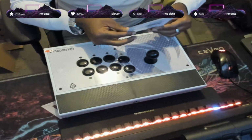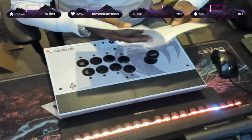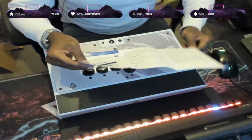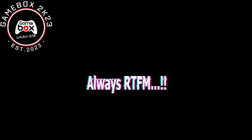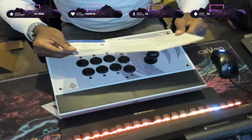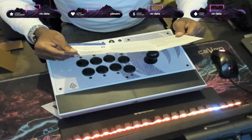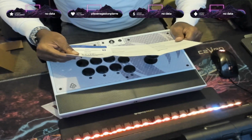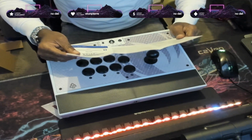So here we have our start guide, quick start guide. It's always good to have a quick start guide, right? Because this will tell you exactly what you need to know. And it's safe to say that this is a USB-C connection. And of course, is compatible with PlayStation 5, PlayStation 4, as well as PC. Now, here it's quite simply, you just take the device, plug the USB-C end into the arcade stick, and then it's a USB-A end of the cable into any free USB port on your PlayStation 5,